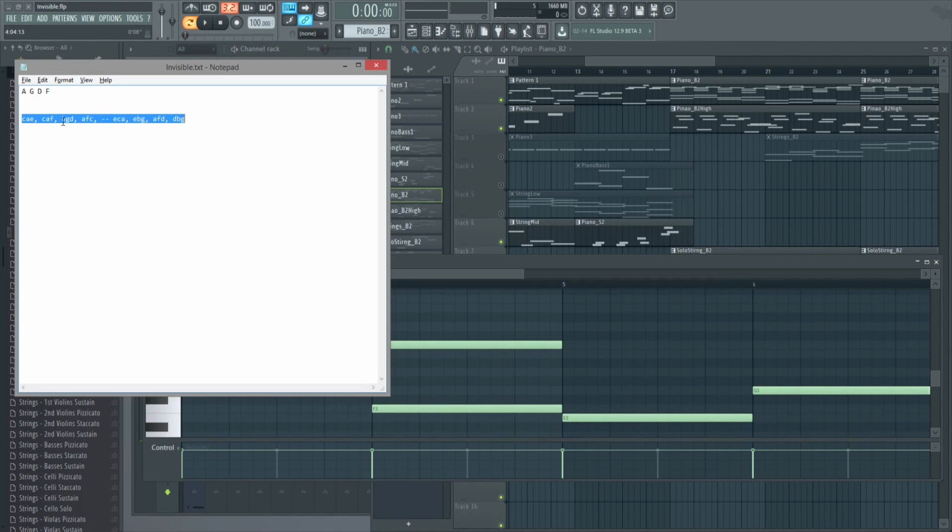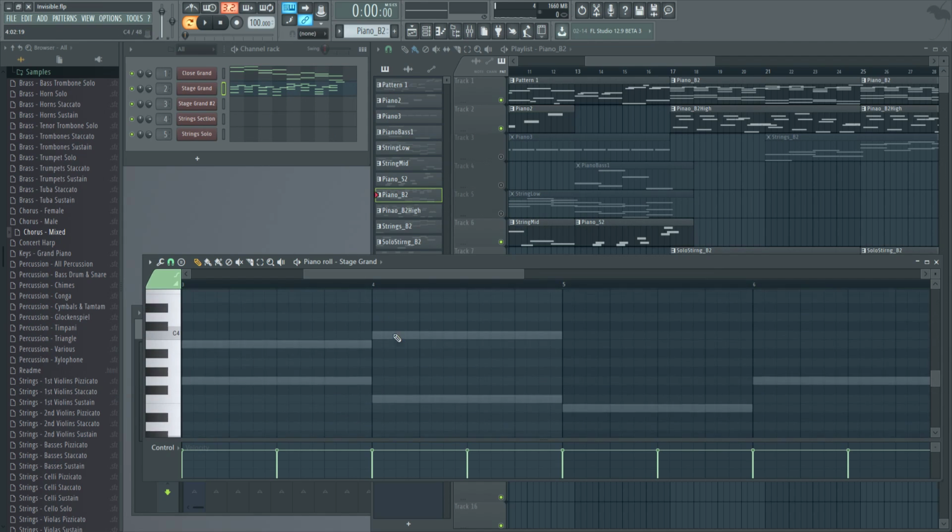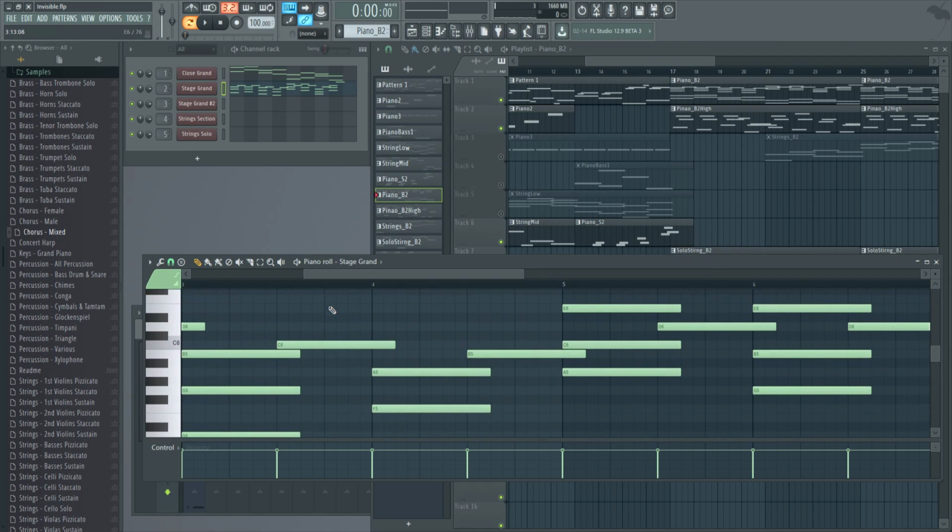So now we get to this part here, CAE, CAF, BGD, AFC, and then ECA, EBG, AFD, DBG, right? So that arrangement is more apparent when you look at how I constructed it. I didn't construct it from this guy. This is just supplementary, the closed grand. So in this case, the stage grand